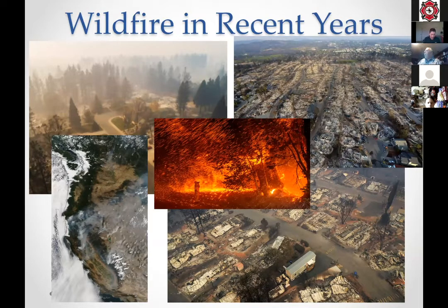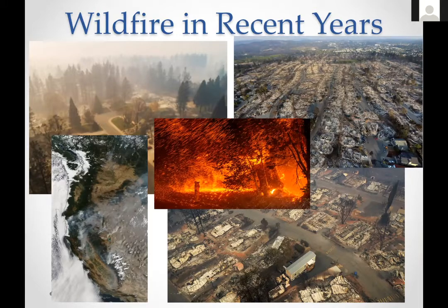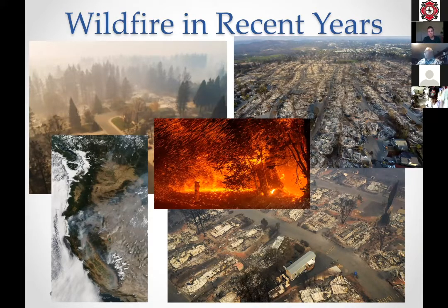And not to mention, even 2019 was nowhere near as bad as 2018. But the fact of the matter is wildfire is here and it's getting worse every year. Fire season seems to extend longer and longer. And if you look at all these pictures, you can see all these houses that are burned just to